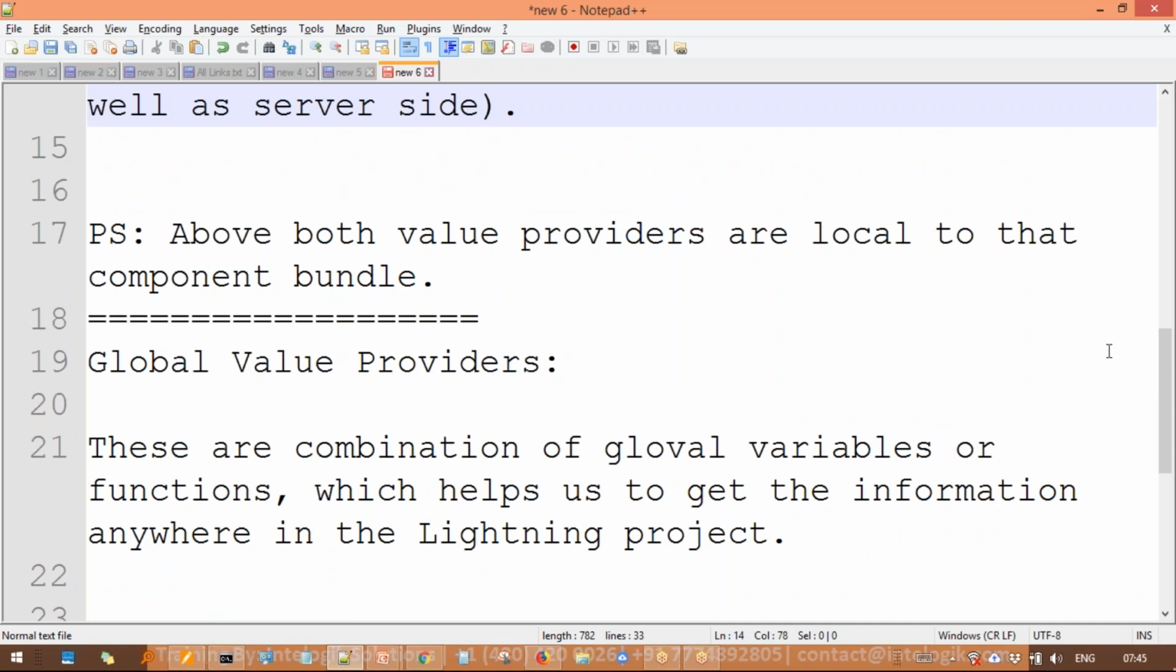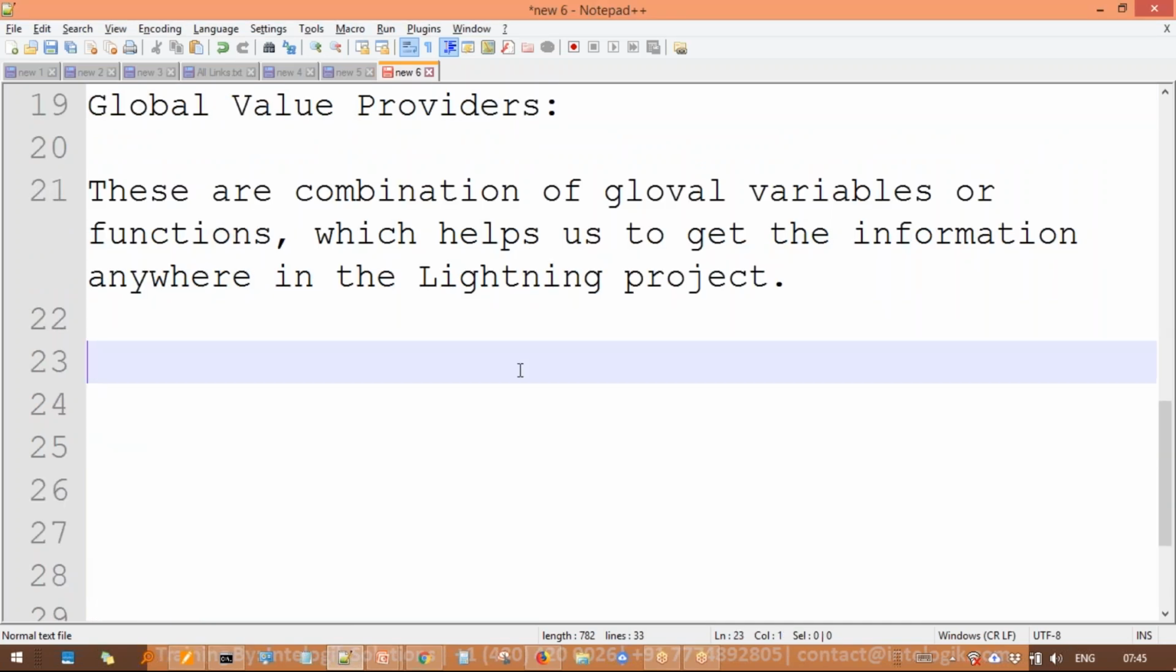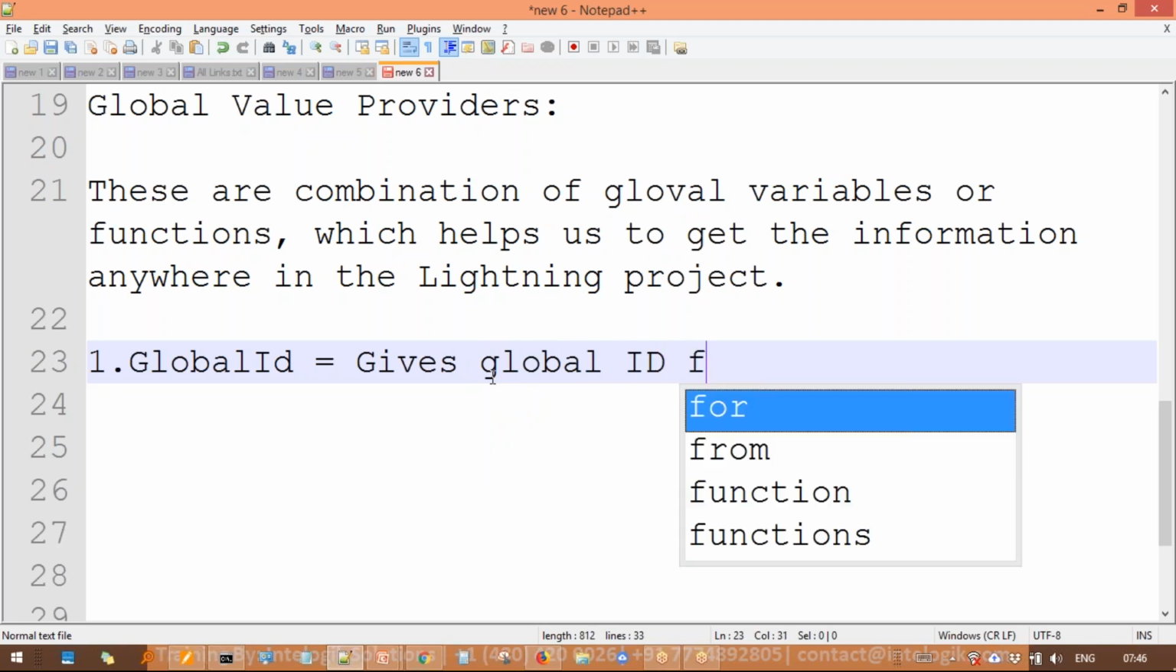Okay, now next is global value provider. Now they are very useful, and let's see how we are going to use the global value provider in our Salesforce Lightning project. So first of all, the global value providers we are going to see with some kind of examples, so you can easily understand, which can give us multiple information. Like for example, we have some kind of options like this: global ID of